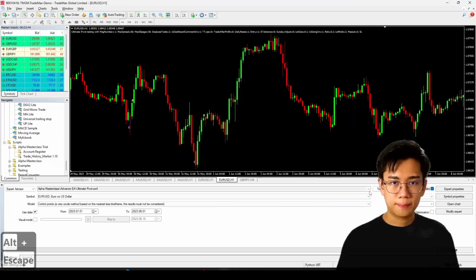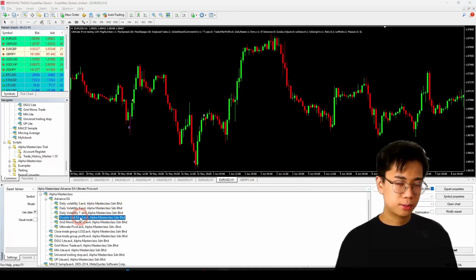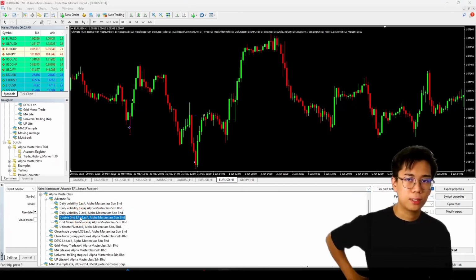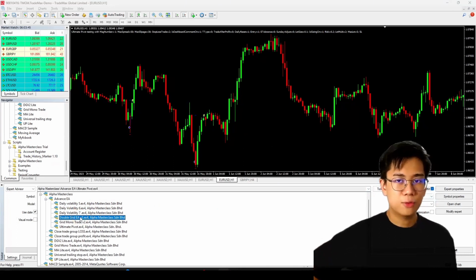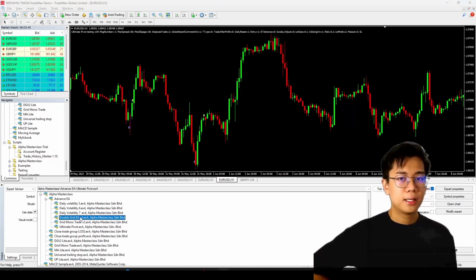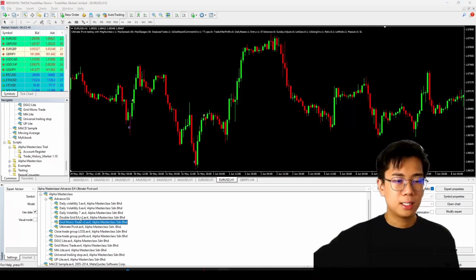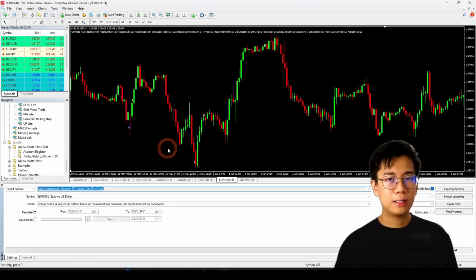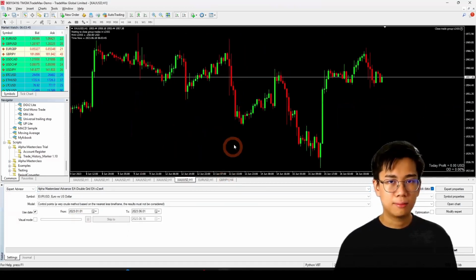For DGV2, which is here, the full name is called Double Grid V2. It's actually the updated version from Grid Mono Thread and then to DGV2 one. A lot of people asking me to put Grid Mono Thread on because Grid Mono Thread has very strong advantages in doing the trading. For example,